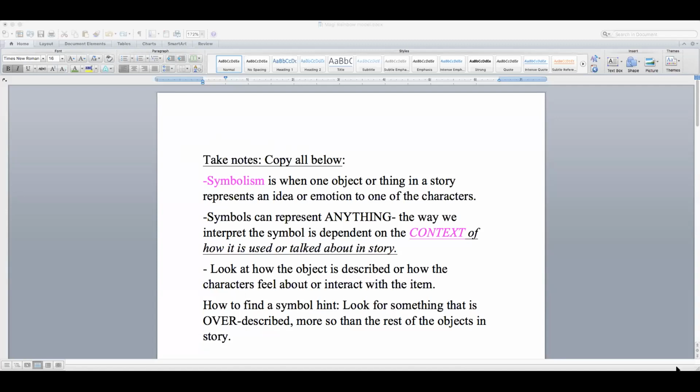You are going to draw this chart, quite simple, just 6 boxes. And in the first box, you are going to write the two symbols that we're going to be looking at today, Jim's watch and Della's hair. And then on your own, in your book on maybe page 105 or 106, you are going to find 2 quotes about Jim's watch, and you're going to glue those together using the ellipses.